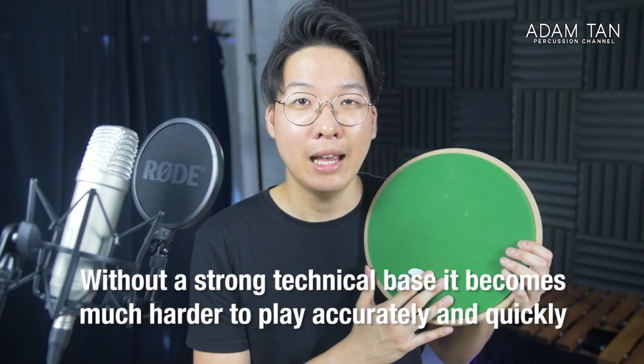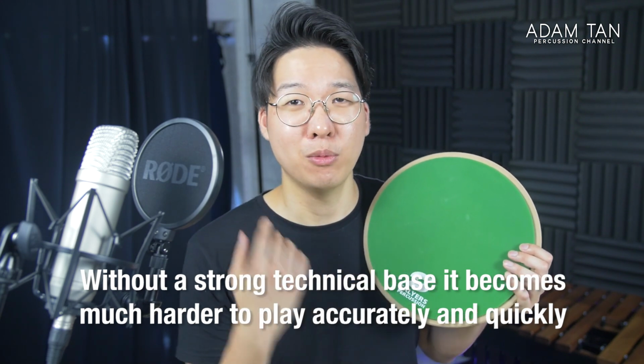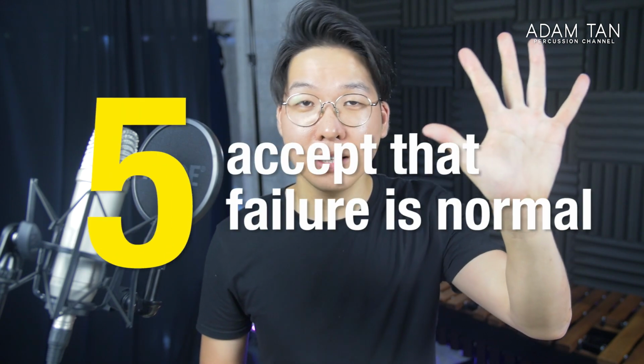Because then you don't need to worry about notes, then you can do it while you're watching Netflix or doing something else, and it does train your hands silently in the background. And yeah, without a strong technical base, it's really hard to be more accurate, it's really hard to be more musical, it's really hard to play all the pieces that you want. So start small. And the final thing you can do to prepare yourself for 2022 is accept that failure is